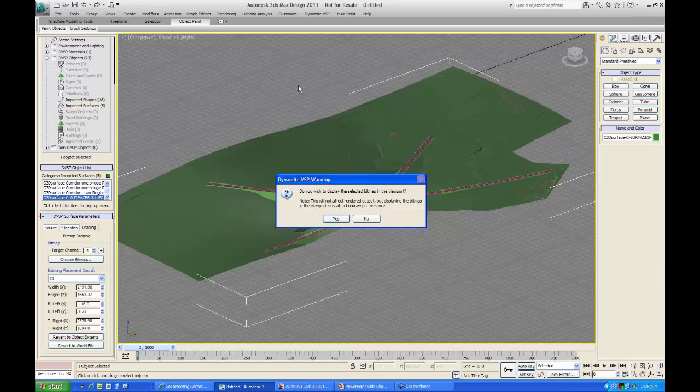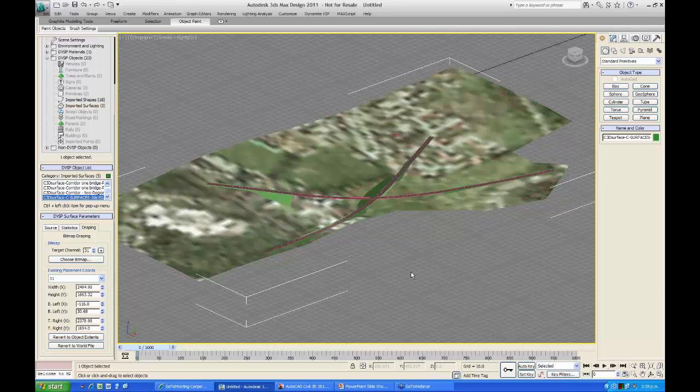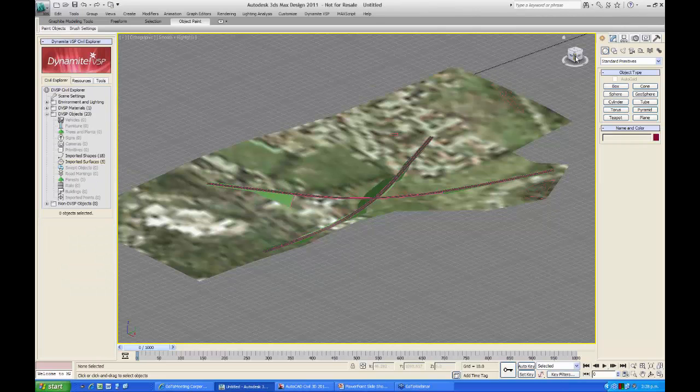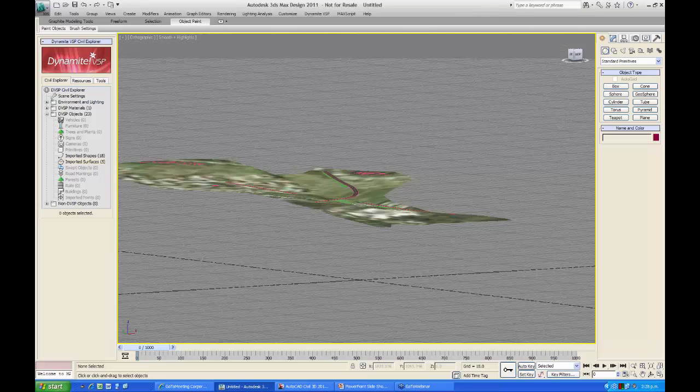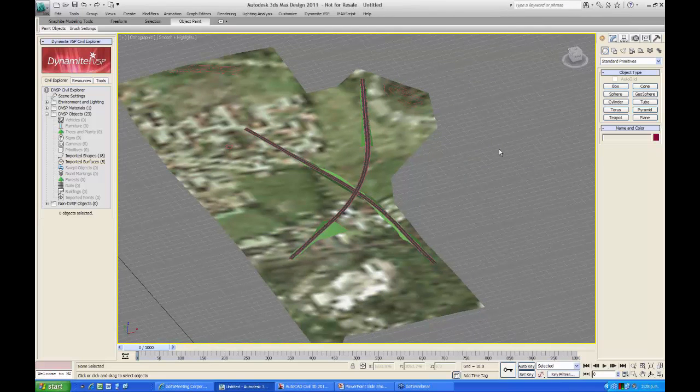It's asking, do we want to see the bitmap in the image? Otherwise, I'll just show it green like this, so I'll go yes. And that's it come in. It comes in at a fairly low resolution so that you can still manipulate the screen okay without slowing things down too much. Okay, just let the screens catch up there. Okay, I think you've got the same as me. Alright,